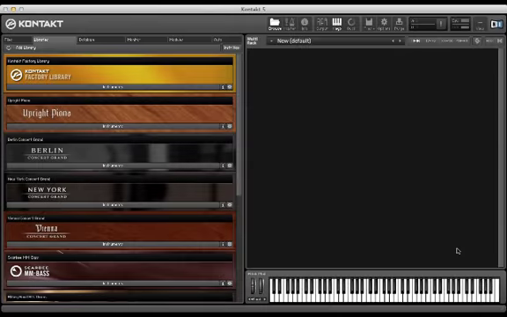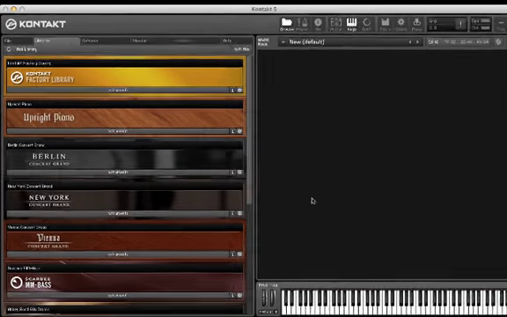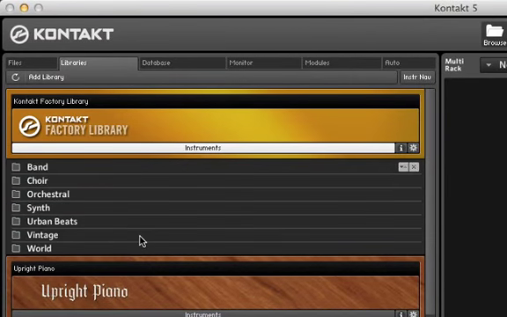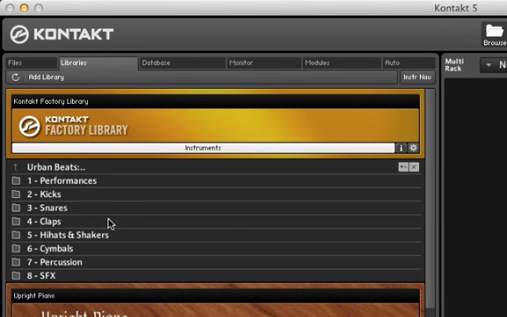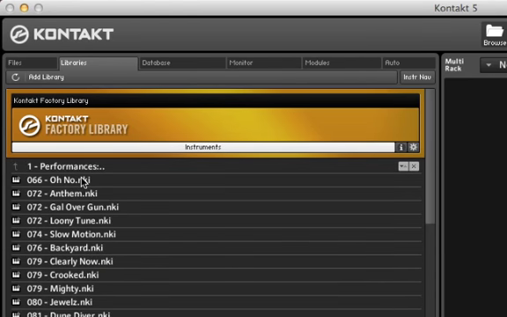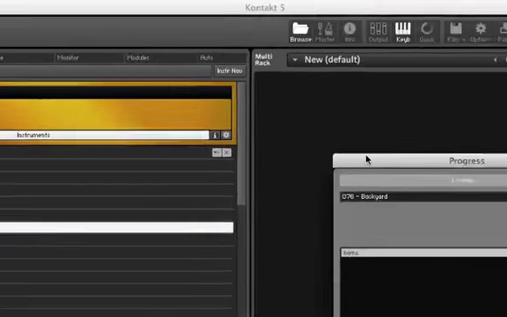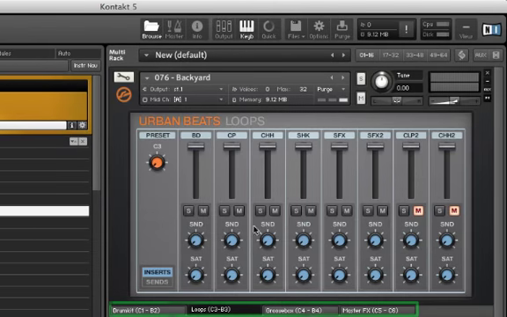The Urban Beats library in Contact allows you to modify drum loops to fit your music's needs. Let's load in a preset, such as Backyard. Now underneath the Performance view, we can toggle between windows, such as the Drum Kit,